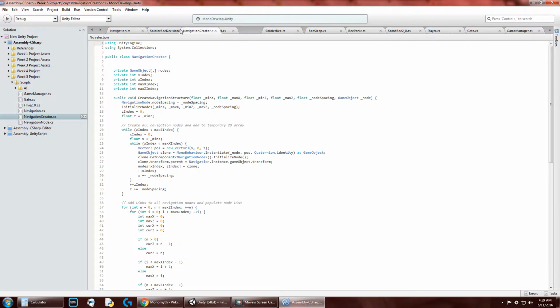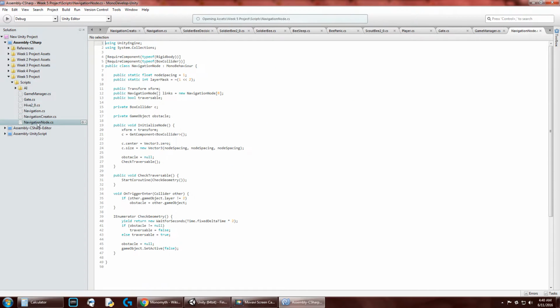So over here in the navigation creator, this is just a class. We have our navigation node, which contains